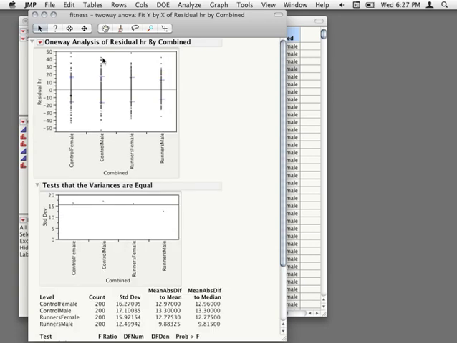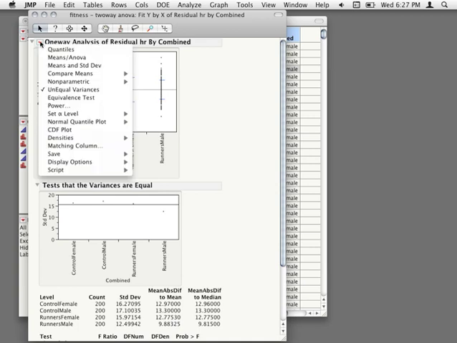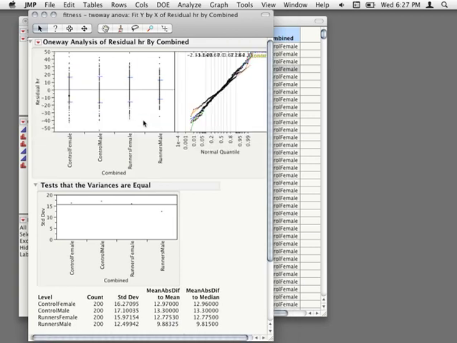Okay, so we're able to look at the homogeneity of variance. Important thing to look at. We also have to look at normality of these errors. Again, we can do this through our Fit Y by X if we want to do it all at once. It looks a bit messy, doesn't really give us a clear view. Plus, we can't actually request those goodness of fit tests. So my recommendation would be, after you check homogeneity of variance,